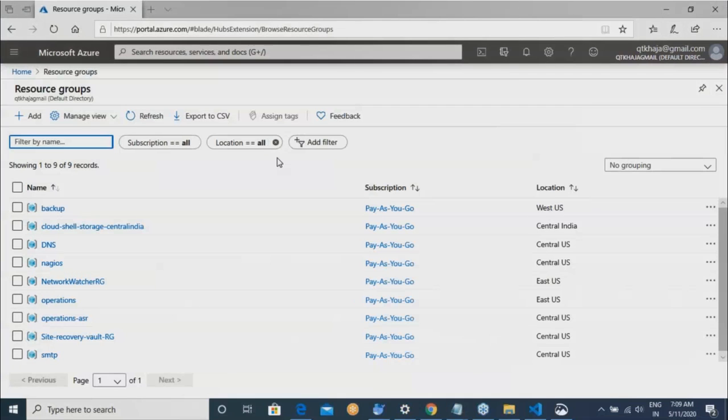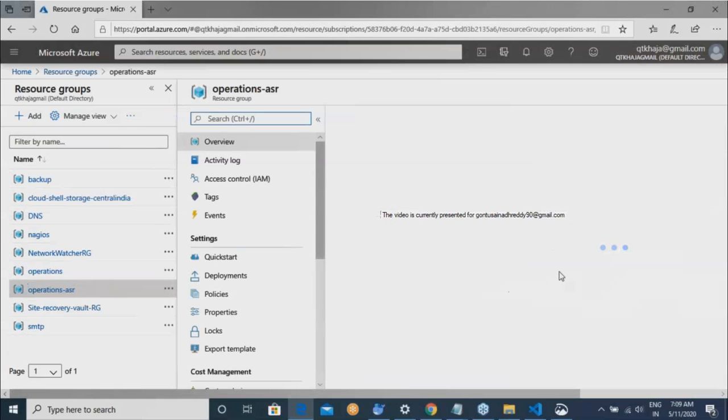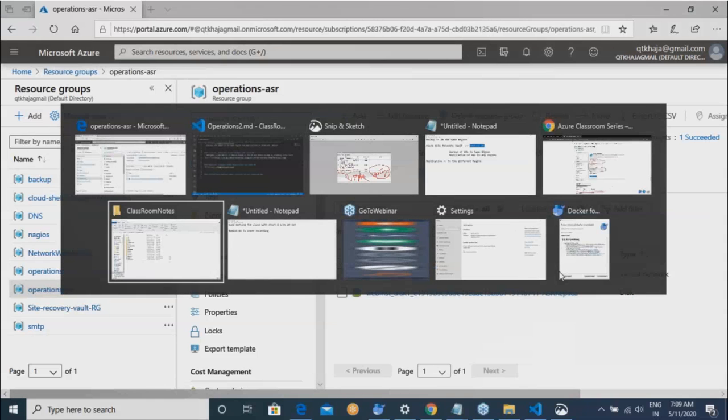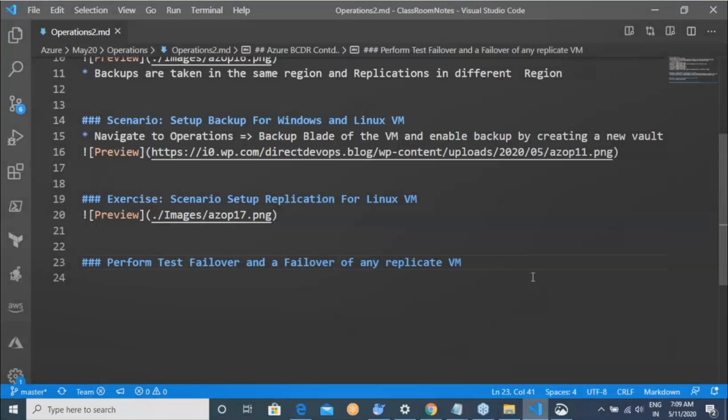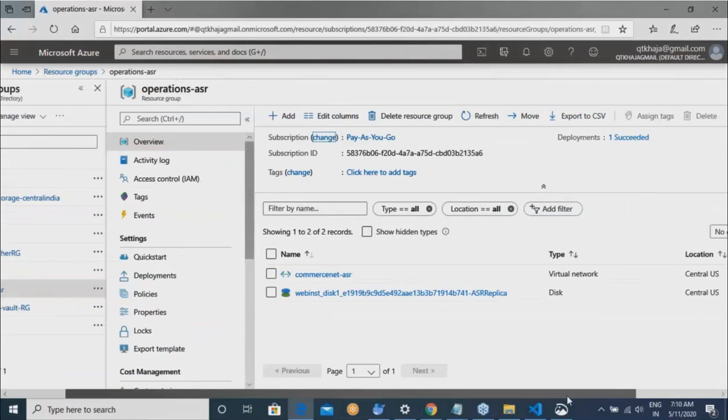Okay, guys, if you are doing the work, please stop it and follow whatever I'm trying to do. Remember, for replicated items, we have said that the group's name is operations-ASR. So I'll give the screenshots and you do it. Perform a test failover. The reason is I have to speak about one last topic also. So whenever you're performing a test failover,